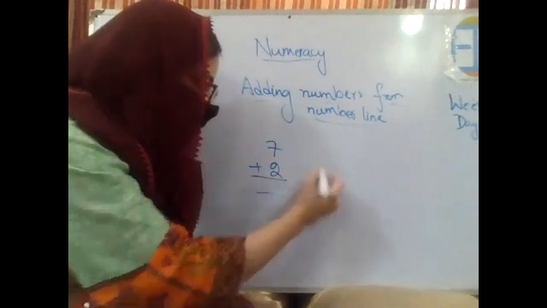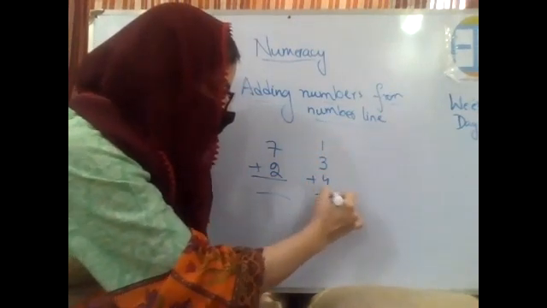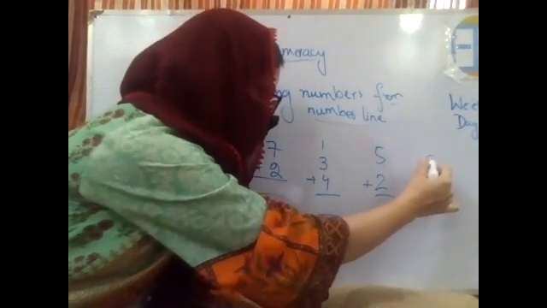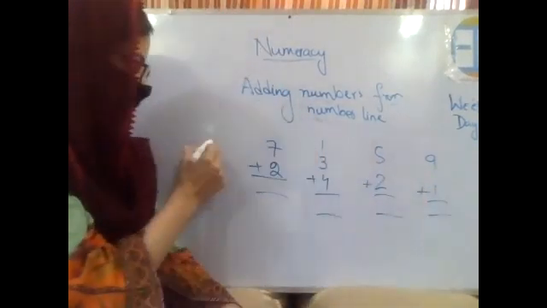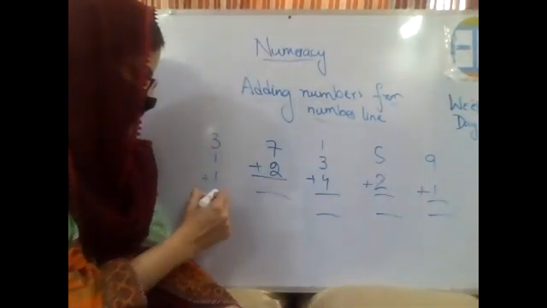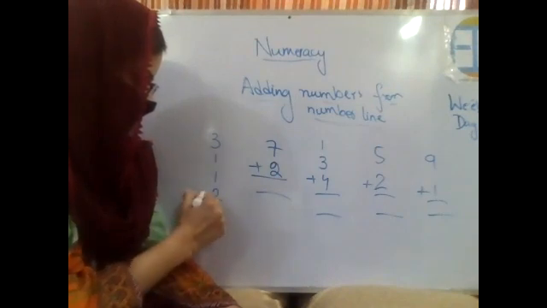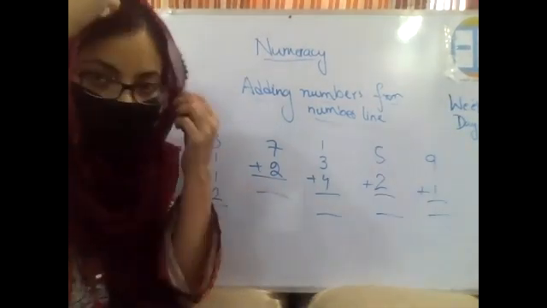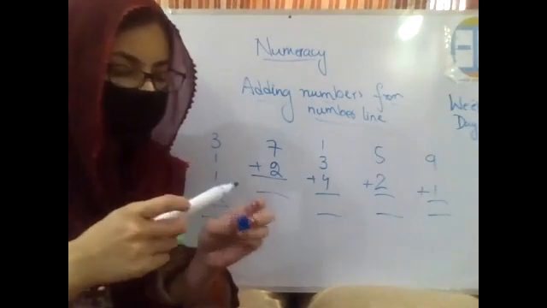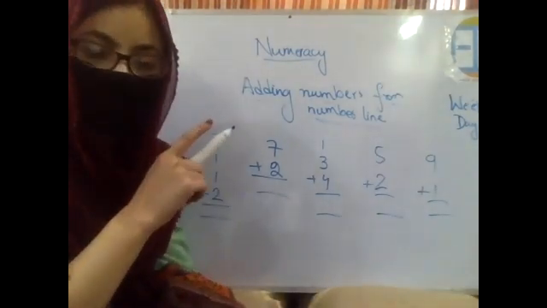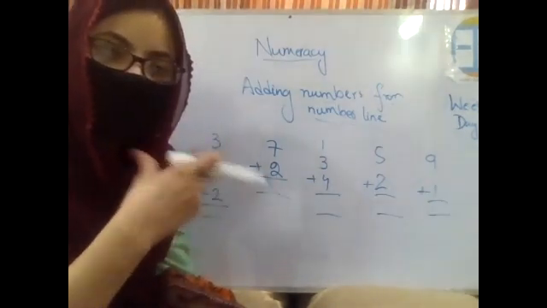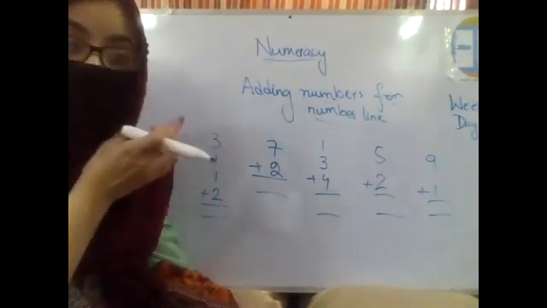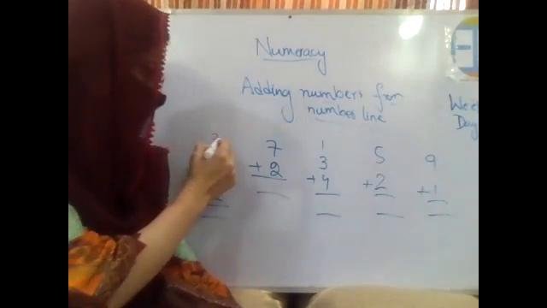Who is going to tell me this? Okay, so I have written five questions over here on the board, so you will be telling me their answers one by one. Let's start from here. What's the first rule? That we are supposed to arrange the given numbers in vertical order, right? Are they in vertical order? Yes, they are already in vertical order. Very well done. So let's start counting them.